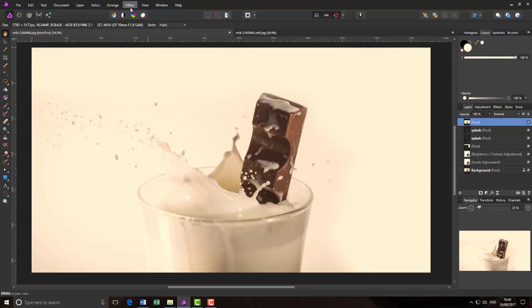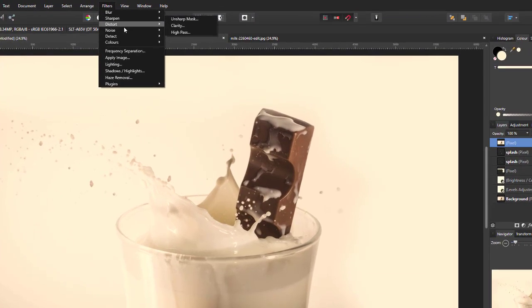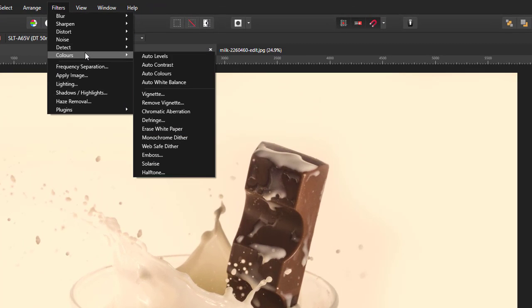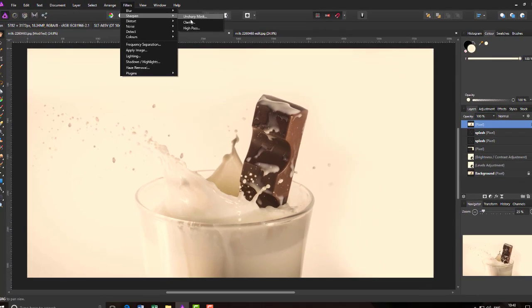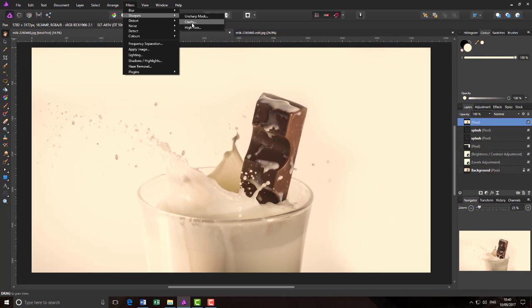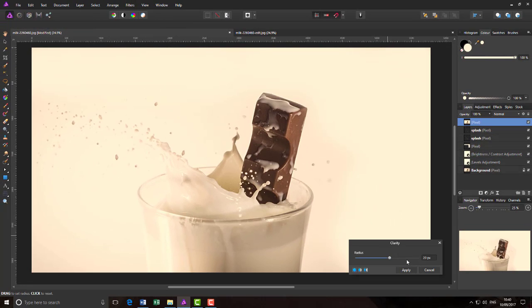Now this is still true in Affinity Photo, because if you come up to the filters menu up here, you have all the different filters that are available, either from the main menu or from a sub menu. So for example, if I come to sharpen and come to clarify, by default I think it's set on 20 pixels, and if I click apply now,